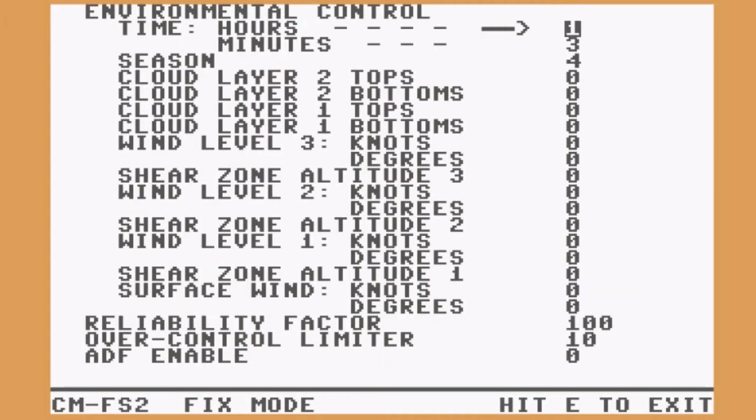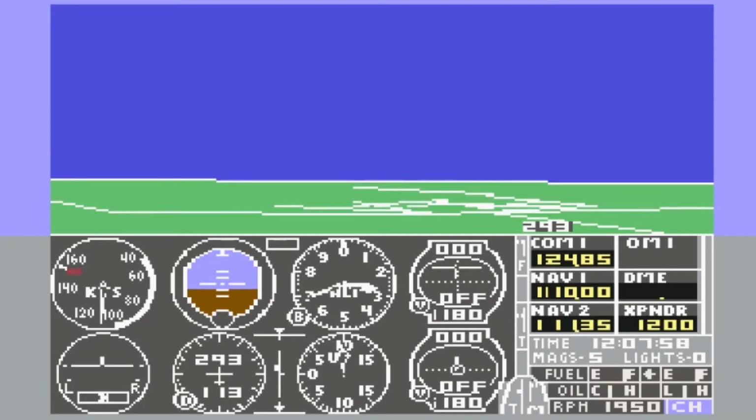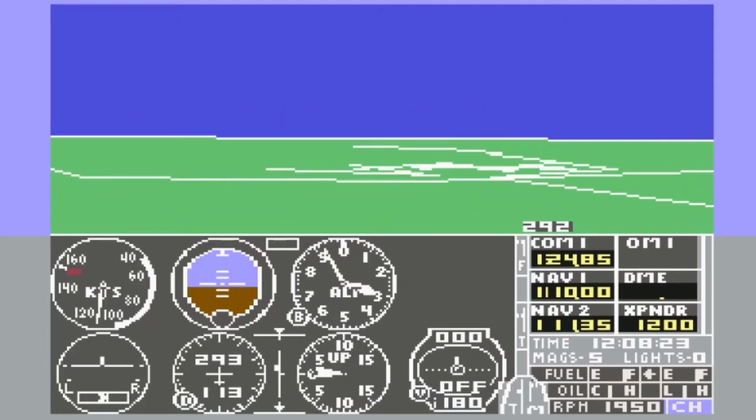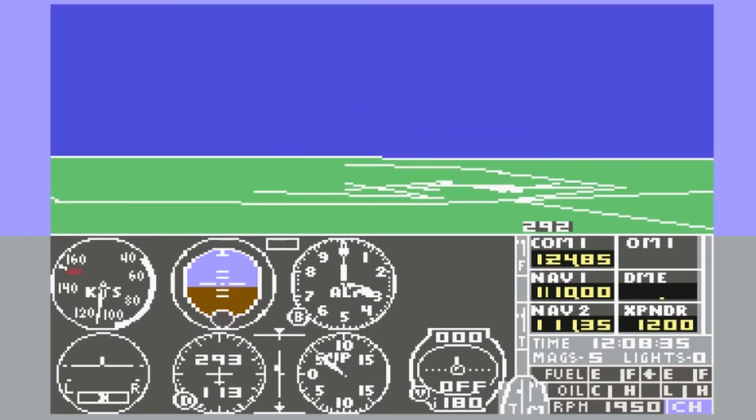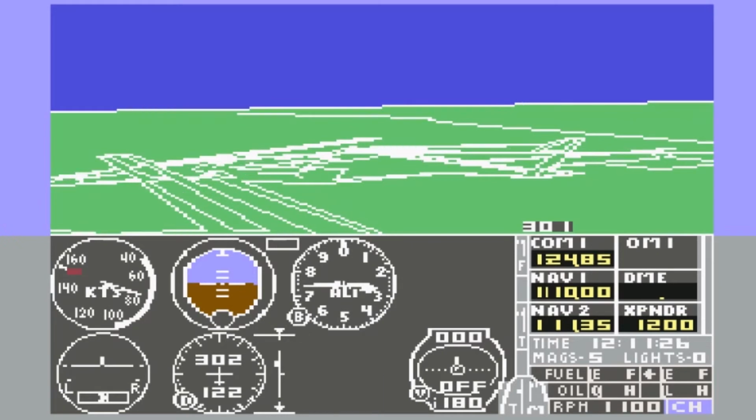The settings menu is where you can set the settings of all your flight simulation challenges, such as the season, time, cloud layers, wind layers, and the reliability of your plane. Oh, that reliability. It's a fun challenge when something breaks, but setting it at 99% seems to be like setting it at 50%. It's fun at first, but gets annoying after a while,